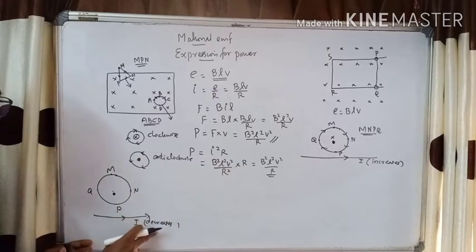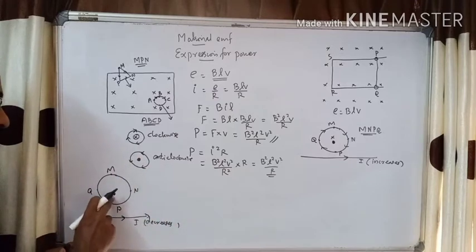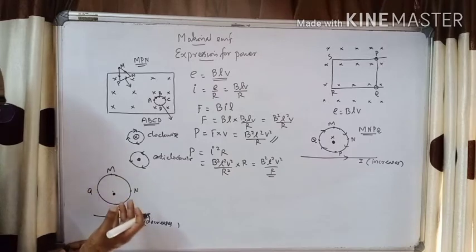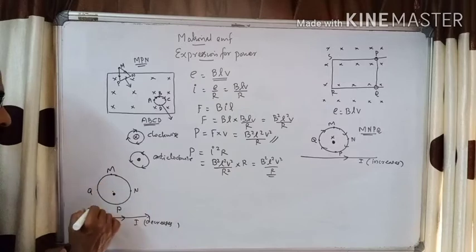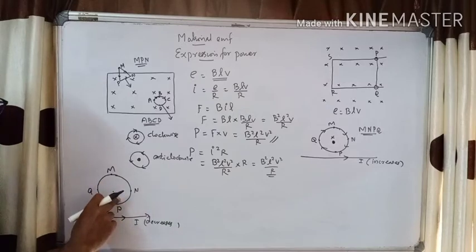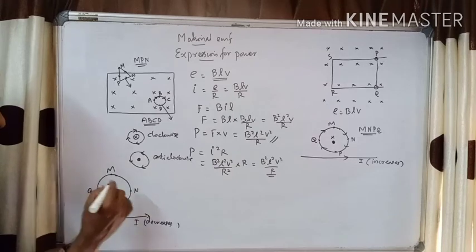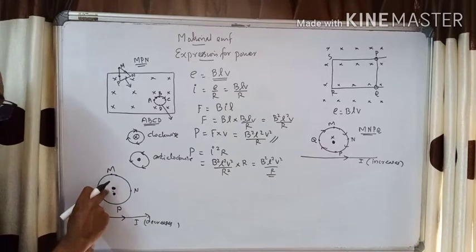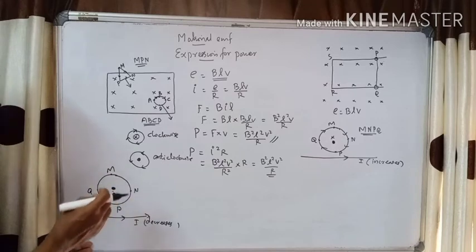Okay, now it is decreasing. Since it is decreasing, by Lenz's law, it should produce a current in order to increase the flux. Act opposite. So we need to increase this. To increase this, we need to support this magnetic field. So this coil also should produce a magnetic field in the same direction, parallel to this. So we need a magnetic field produced by the induced current in the outward direction.